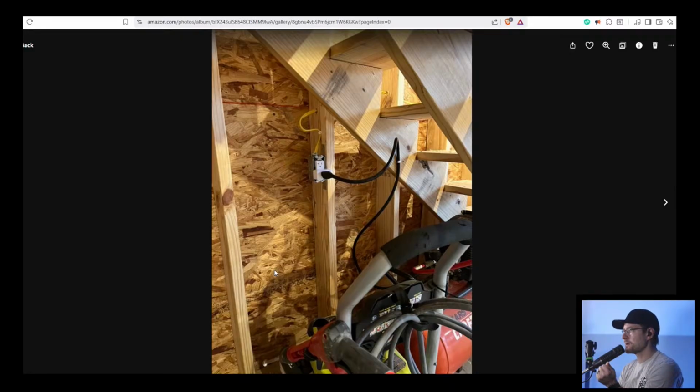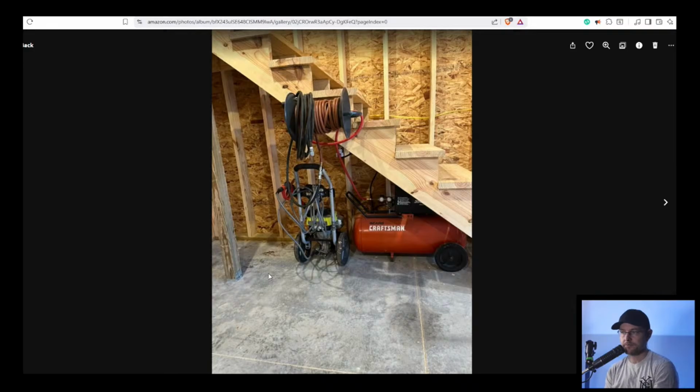That electrical box is actually a metal box, which I know is not traditional, but for underneath the stairs, I think it's just as important to have it well grounded to the box and all that sort of good stuff. So we're in good shape there, and everything fits nice and tidy underneath the stairs. Then I mounted the reel to the side of the stairs, which is pretty much right there next to my truck. So it's super convenient. It's basically shoulder height, chest height, and so when you're reeling it in, it's very simple to use.